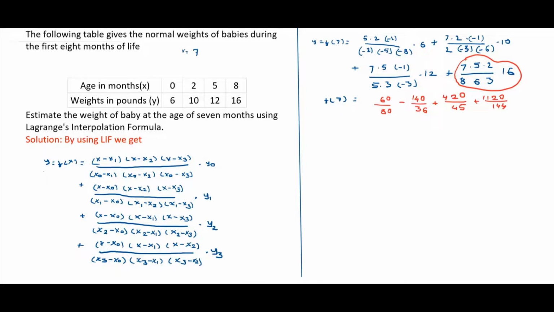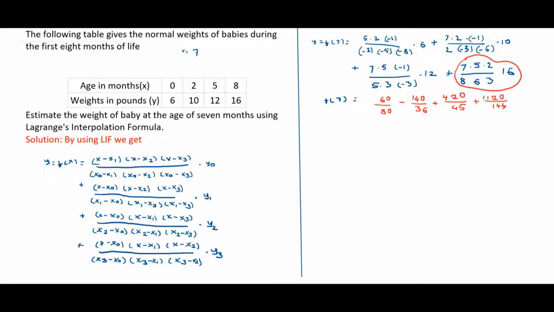You have to check the signs. In the first term, minus divided by minus appears 4 times, so you will get plus sign. In the second one, minus appears 3 times, so you will get minus sign. In the third term, minus appears 2 times, so you will get plus sign. And in the last case, the sign minus is absent, so you can write directly plus.